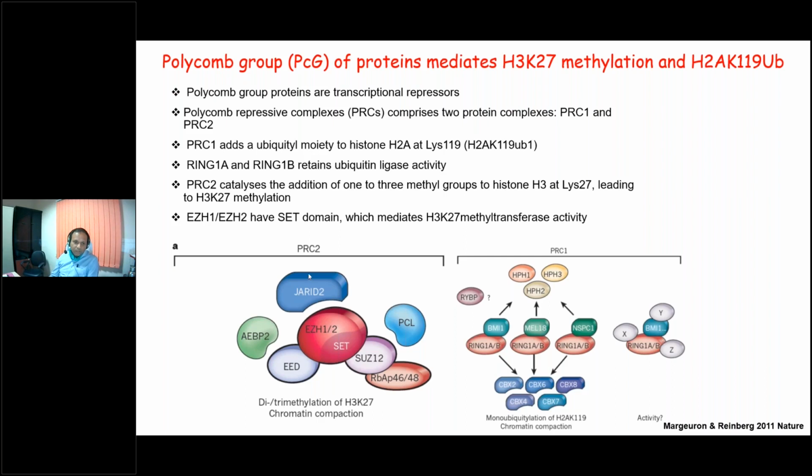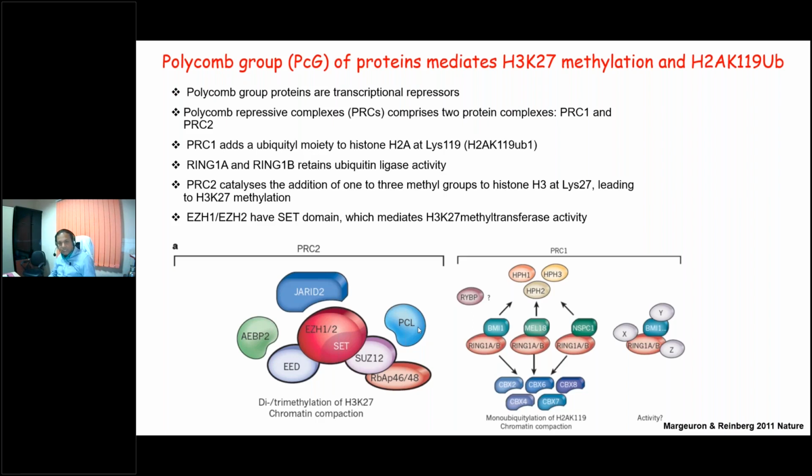Similarly, the PRC2 complex has a core complex, that is EZH1, EZH2. This is just a domain. So this is the one that adds the H3K27 trimethylation mark. Okay, and other subunits are just decorative, so they have different functions. Okay, so the PRC2 complex itself exists in several different complexes, and they work in a tissue specific manner.